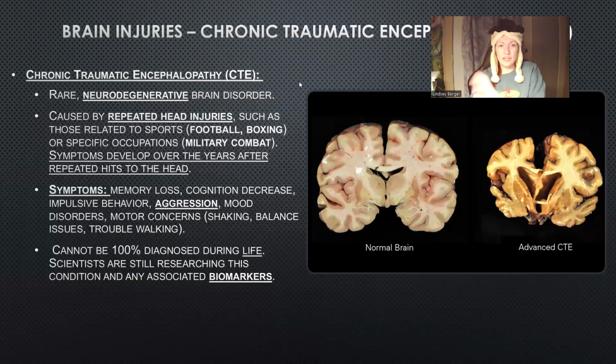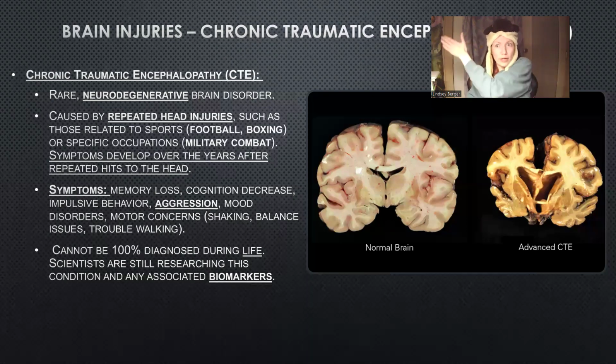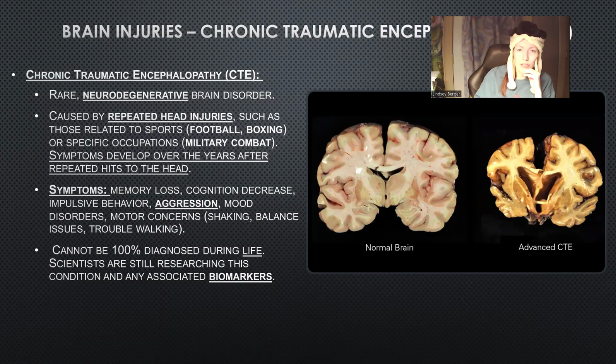And what happens here is over time, over all those repeated hits to the head, we're starting to see cell and tissue death. And later on, say a football player in the NFL, I don't know names, somebody who played pee-wee football, then middle school football, then high school football, and college football, and then NFL, right? So football, all the way. That's a lot of hits to the head. Well, as they get older, they start having personality changes. They start having memory problems. And everyone's like, oh, it's just dementia, that just happens. But